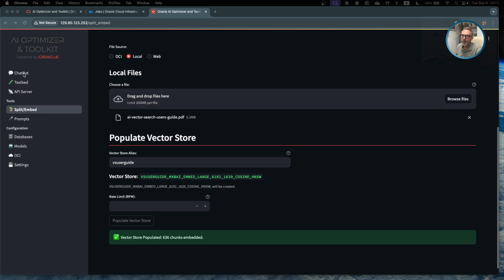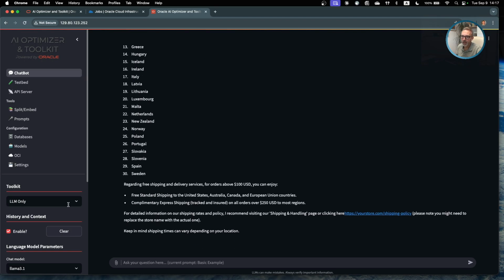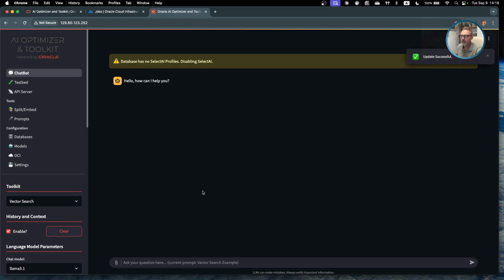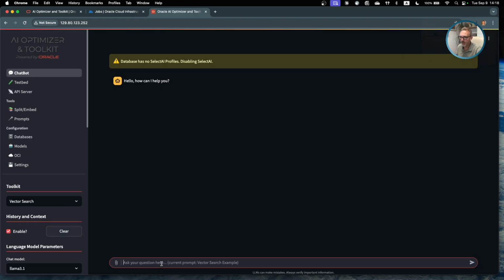We can now go back to our chatbot and use the vector search. So we will clear the user interface not to confuse it with previous questions and answers, and ask it a question about the real content of the document on which we will do the vector search.